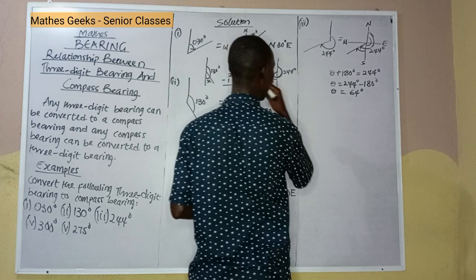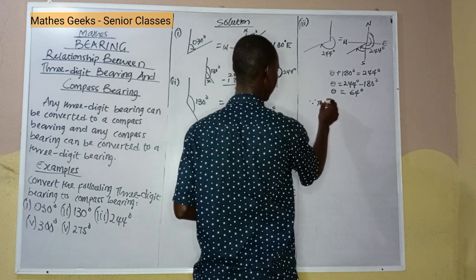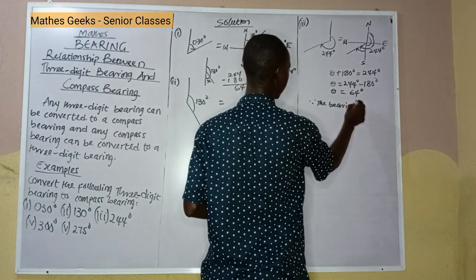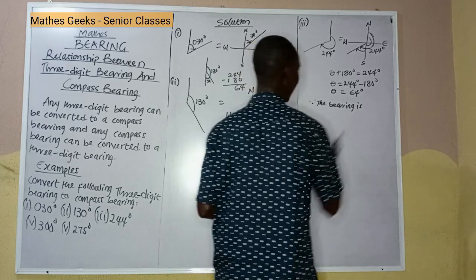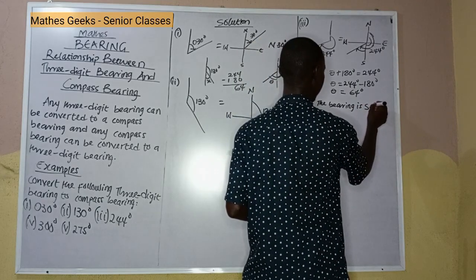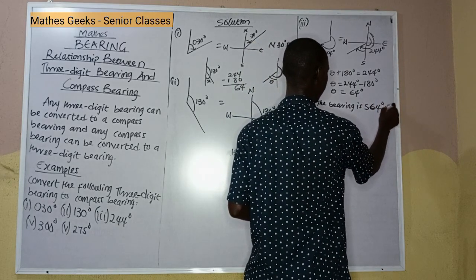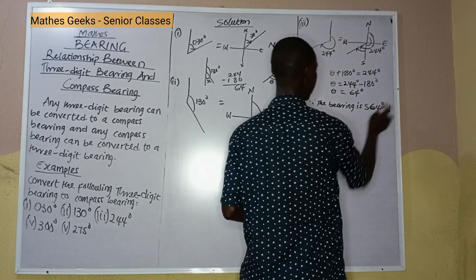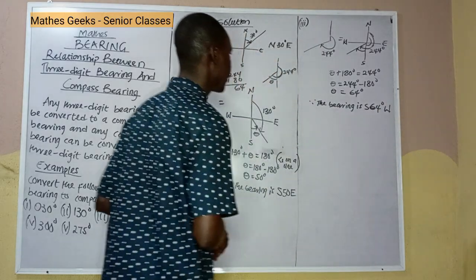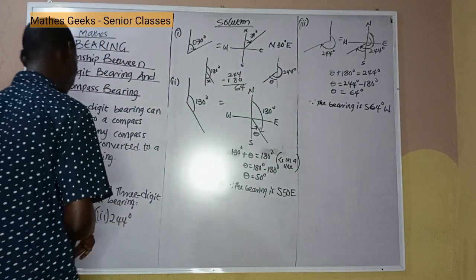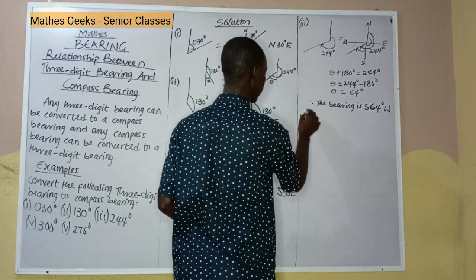So in compass bearing, therefore, the bearing is south 64 degrees west. South 64 degrees west. That's number 3. Number 4,